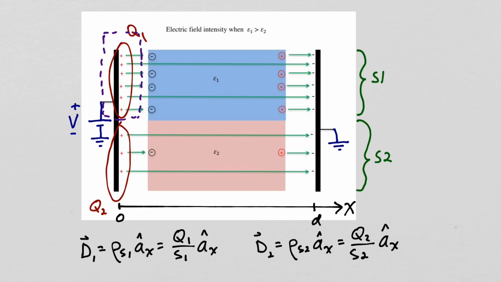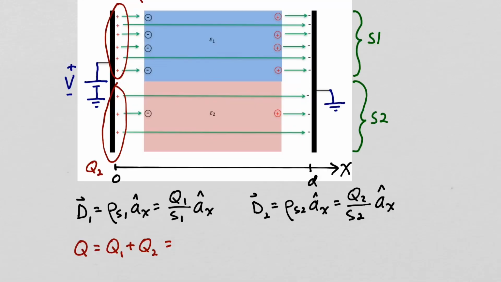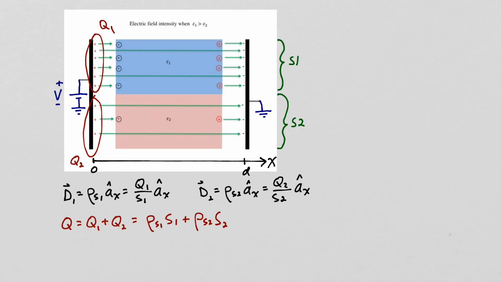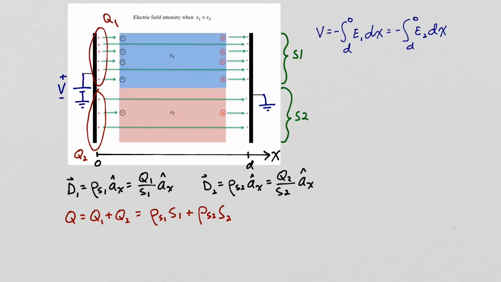Similarly, the electric flux density field in material 2 is the charge density on the plate adjacent to material 2, and it's in the x direction, and that charge density will be Q sub 2 over S sub 2. The total charge on the capacitor will be Q1 plus Q2. Q1 is charge density rho sub S1 times area S1, and Q sub 2 is charge density rho sub S2 times area S2. The voltage drop is equal to minus the integral from d to 0 of E1 dx